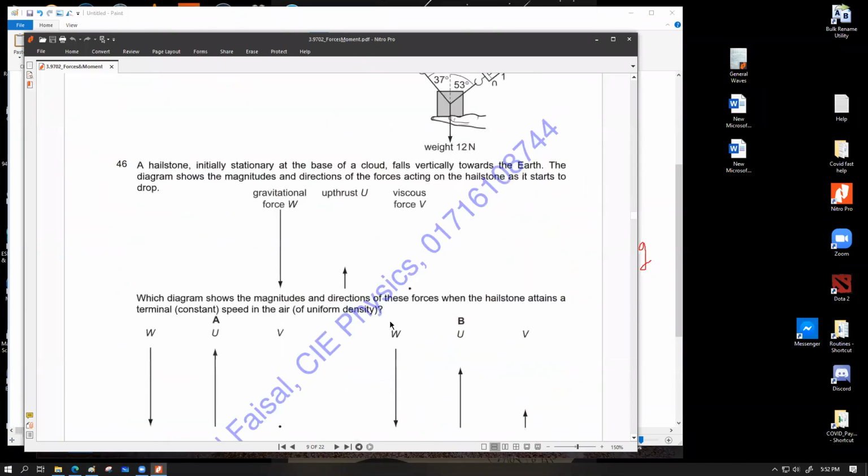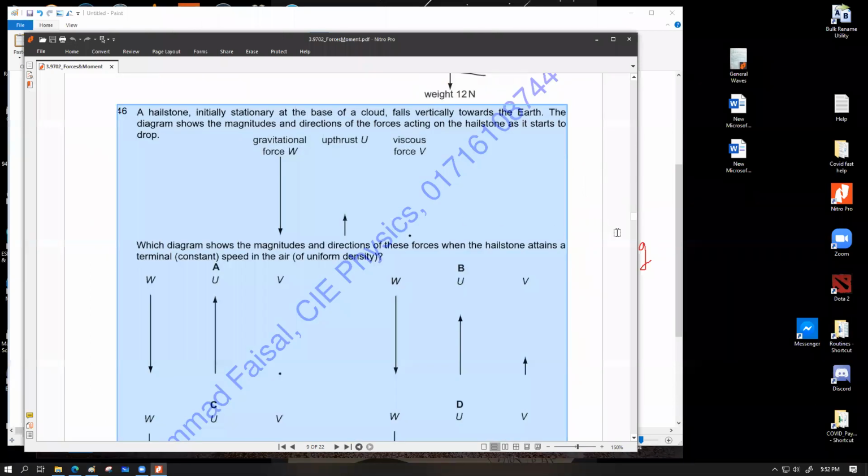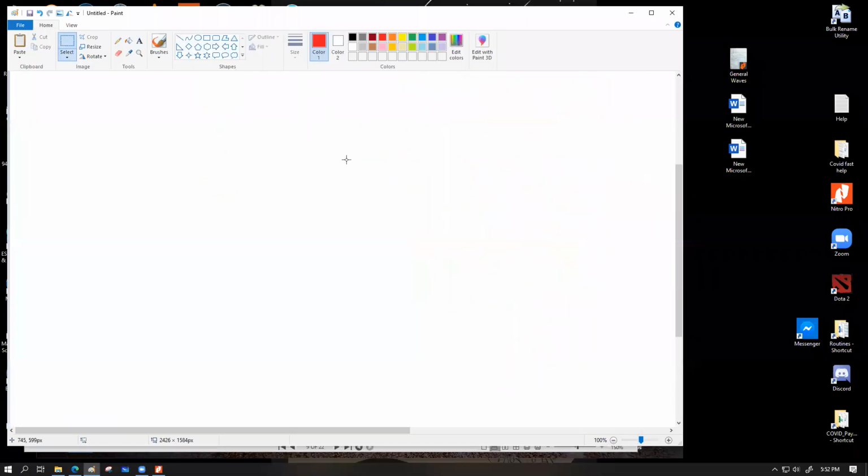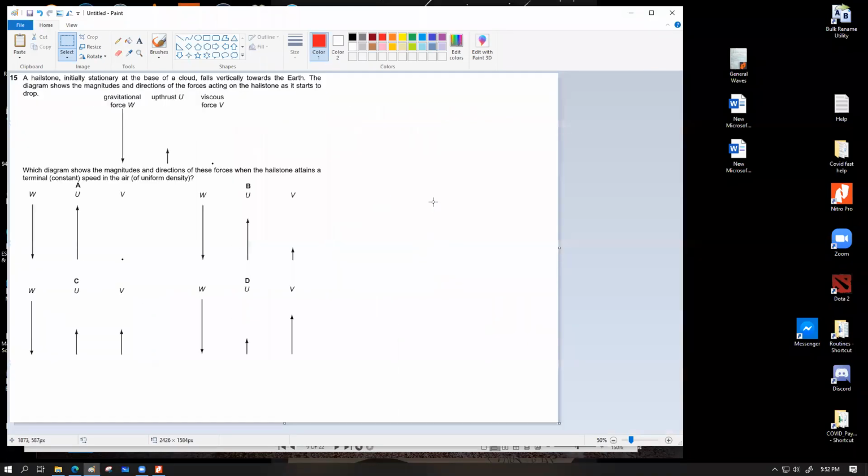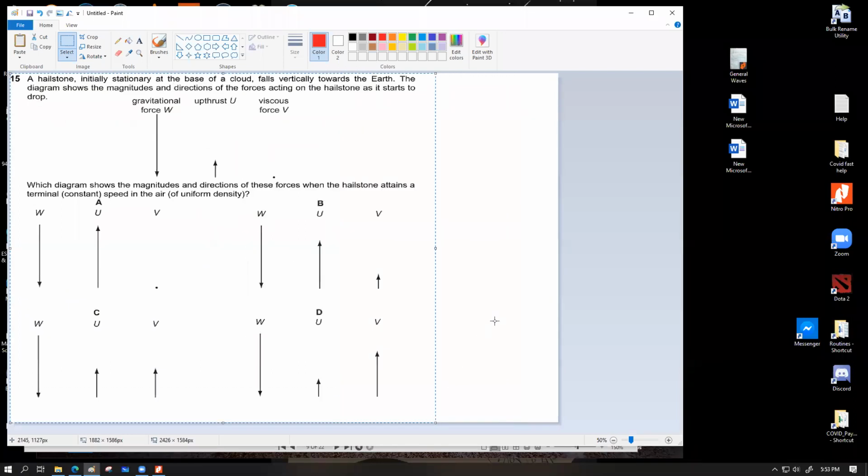The other question that I skipped was this one. Take a look at this one. I'll take it onto the paint. Can I dynamically zoom this? I can do this. But does it help? Somewhat. Read the question. A hailstone initially stationary at the base of a cloud